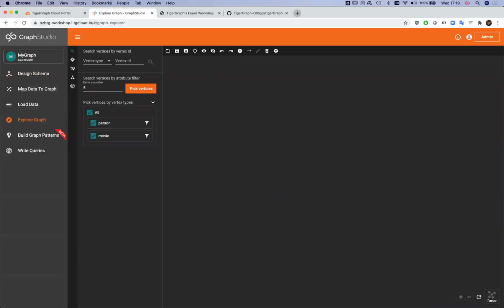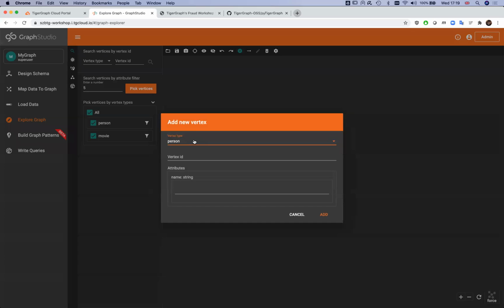So graph exploration is, as the name implies, mostly about exploring the graph to find out what we have in the graph, but this graph is brand new, it has nothing. So let's create a few instances of vertices and edges first. Again, very simply, you click on the plus button and you pick which type of vertex or edge you want to create. In case of vertices, I'm picking person, I give it an ID 1 and I call it Szilárd